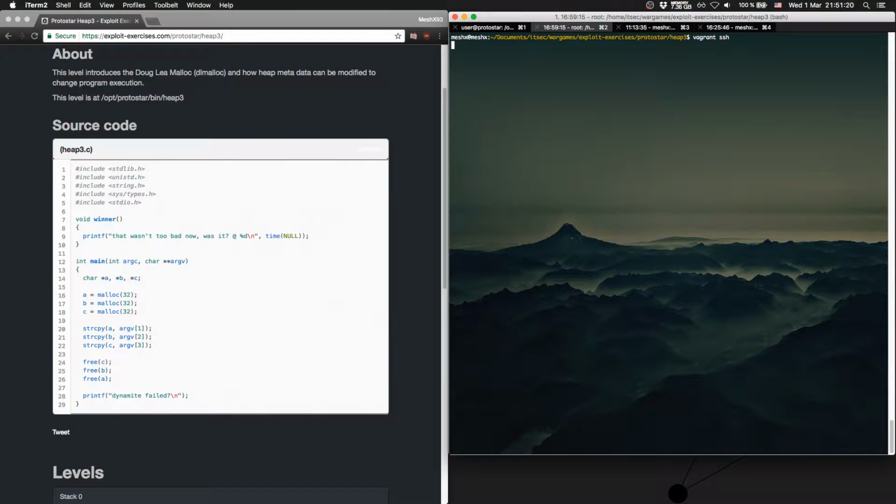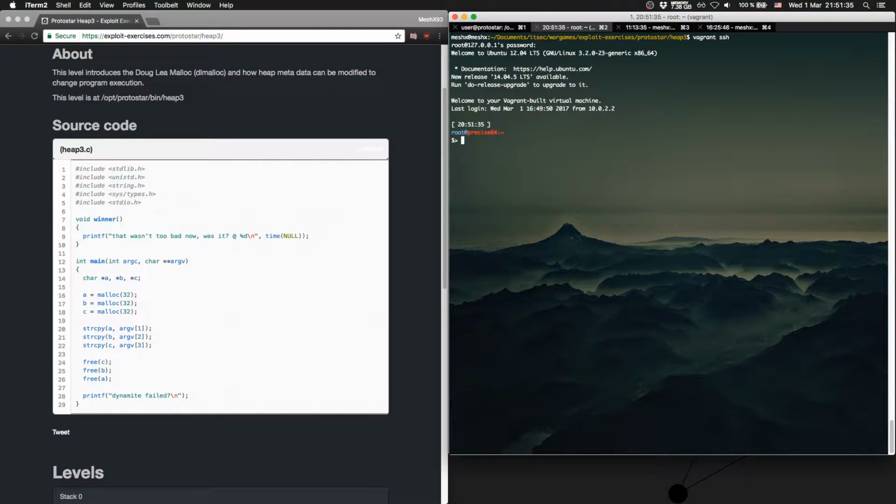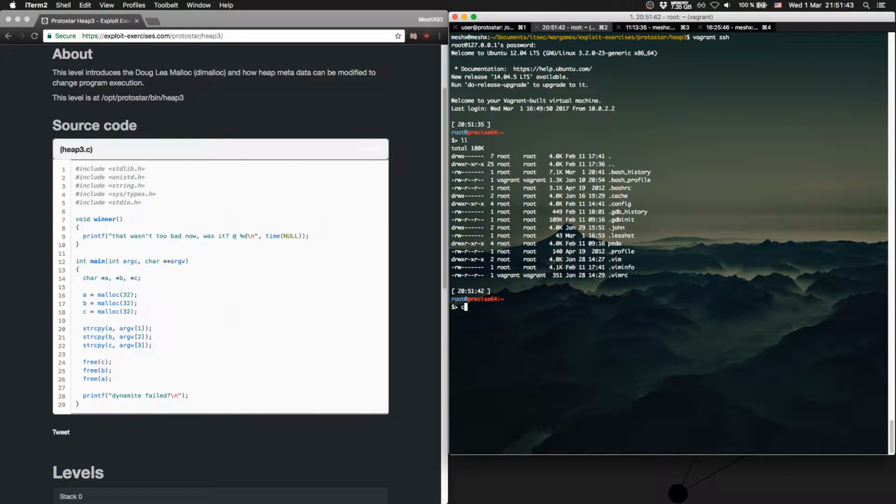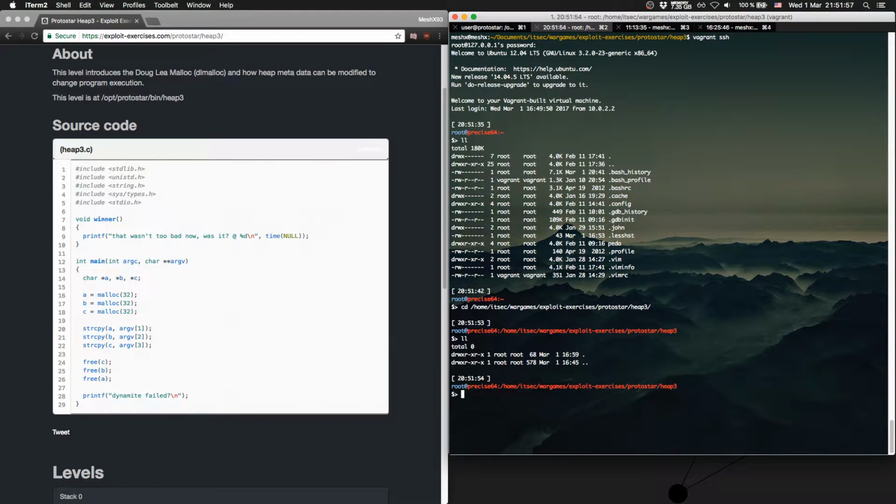So grant SSH. I will log on the Ubuntu system for now. Okay, now I'm on the Ubuntu virtual machine. Let's go to cd home itsec wargames exploit exercises Protostar heap3. So there's nothing in here. So first